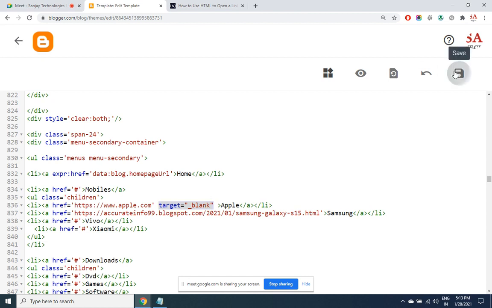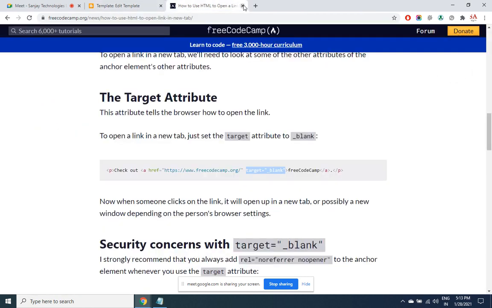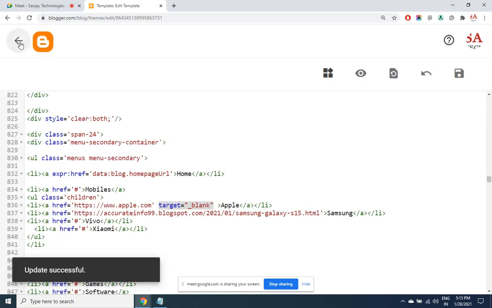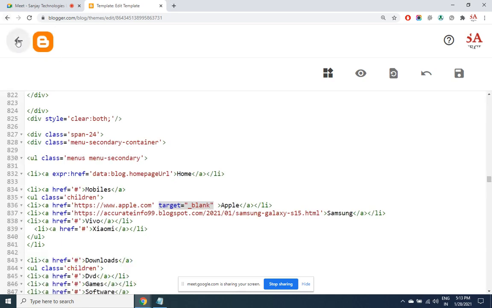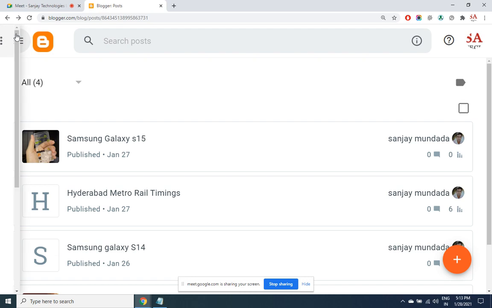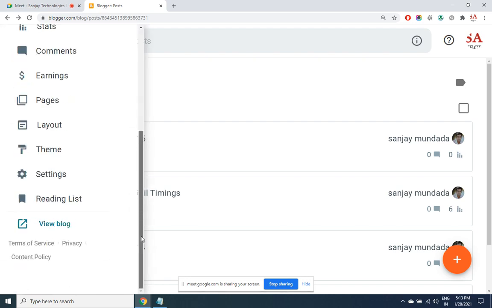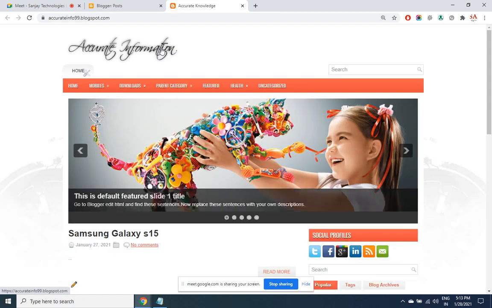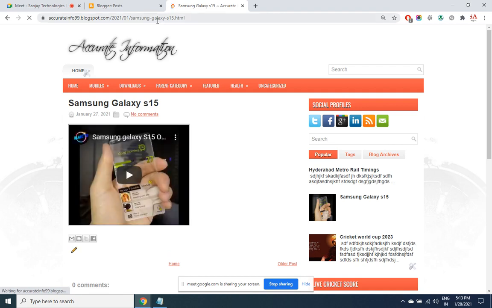I click on save and let us see whether the changes are reflected. I click on Samsung, it's going to open in the same way, but this time when I click on Apple, it has to open in a new tab, like this.